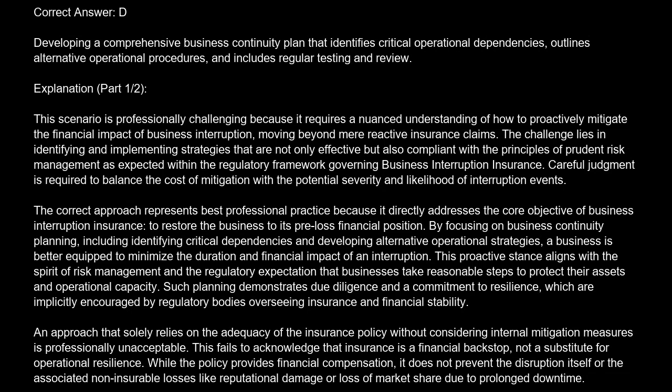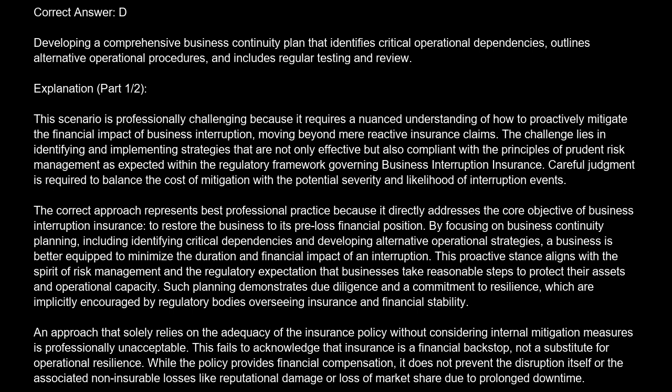The correct answer is D. Developing a comprehensive business continuity plan that identifies critical operational dependencies, outlines alternative operational procedures, and includes regular testing and review. Explanation. This scenario is professionally challenging because it requires a nuanced understanding of how to proactively mitigate the financial